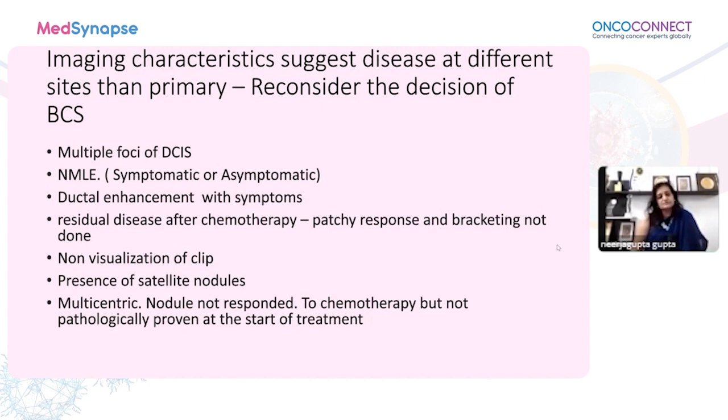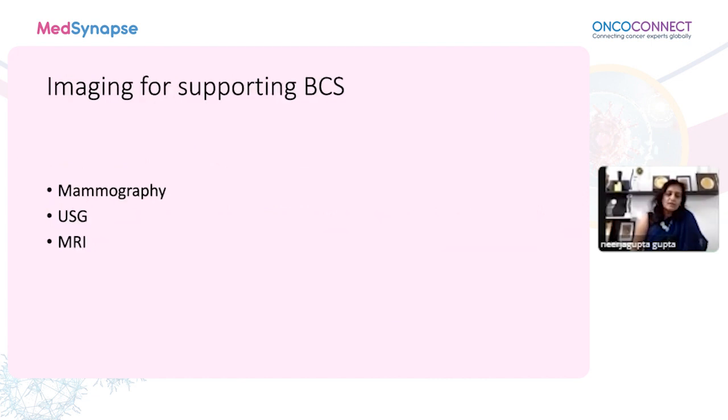So this also needs to be out. Now if it is in a different quadrant, it's multicentric. So again, you go back to the same thing, whether to do a conservation or not. When we do a conservation, we do different imaging: mammography, ultrasound, MRI, and sometimes DBT,